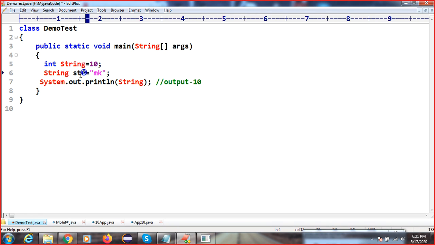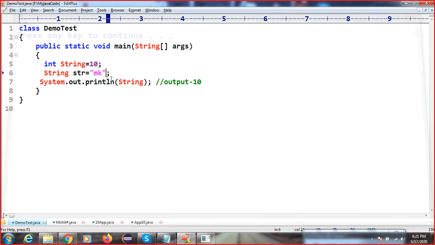This one, this is your variable, right? And here these double quotes mean this is a string value. If you do not use the double quotes, the compiler and JVM are not able to find that this is a string value. Got it? If I compile this code, it is able to compile and execute. Tell me if you have any doubt. This is tricky. If you know it, it is very good for you. If you don't know, it is a little bit tricky.